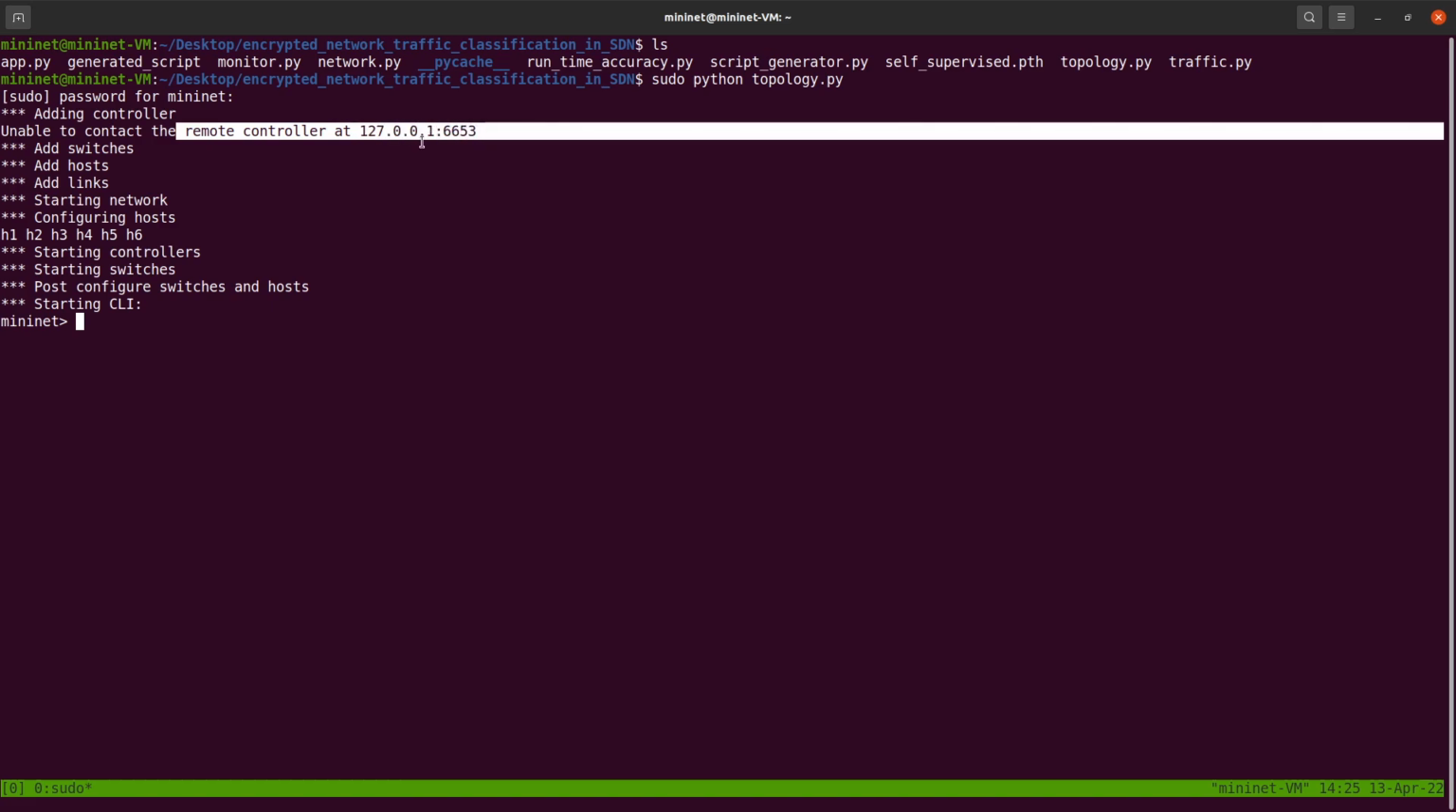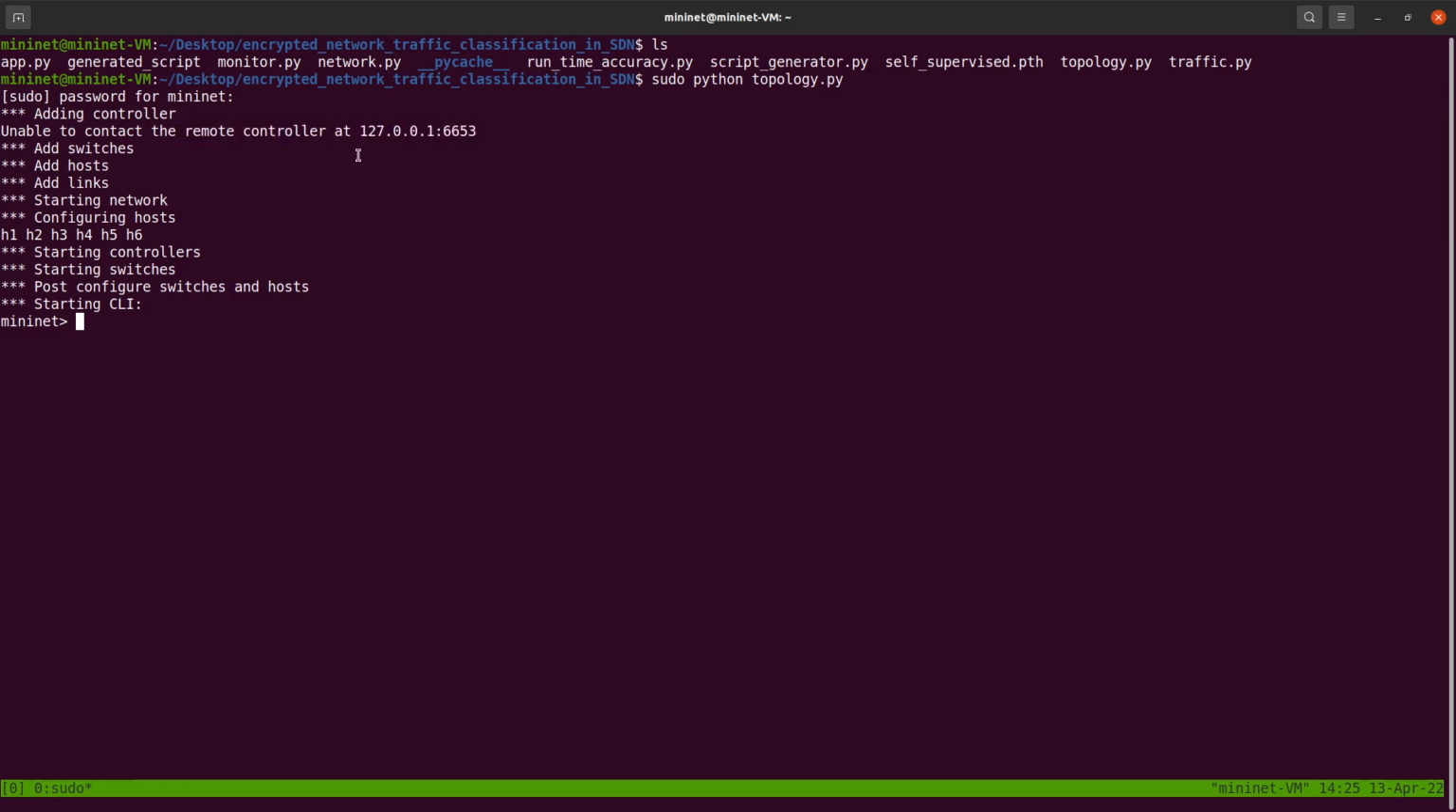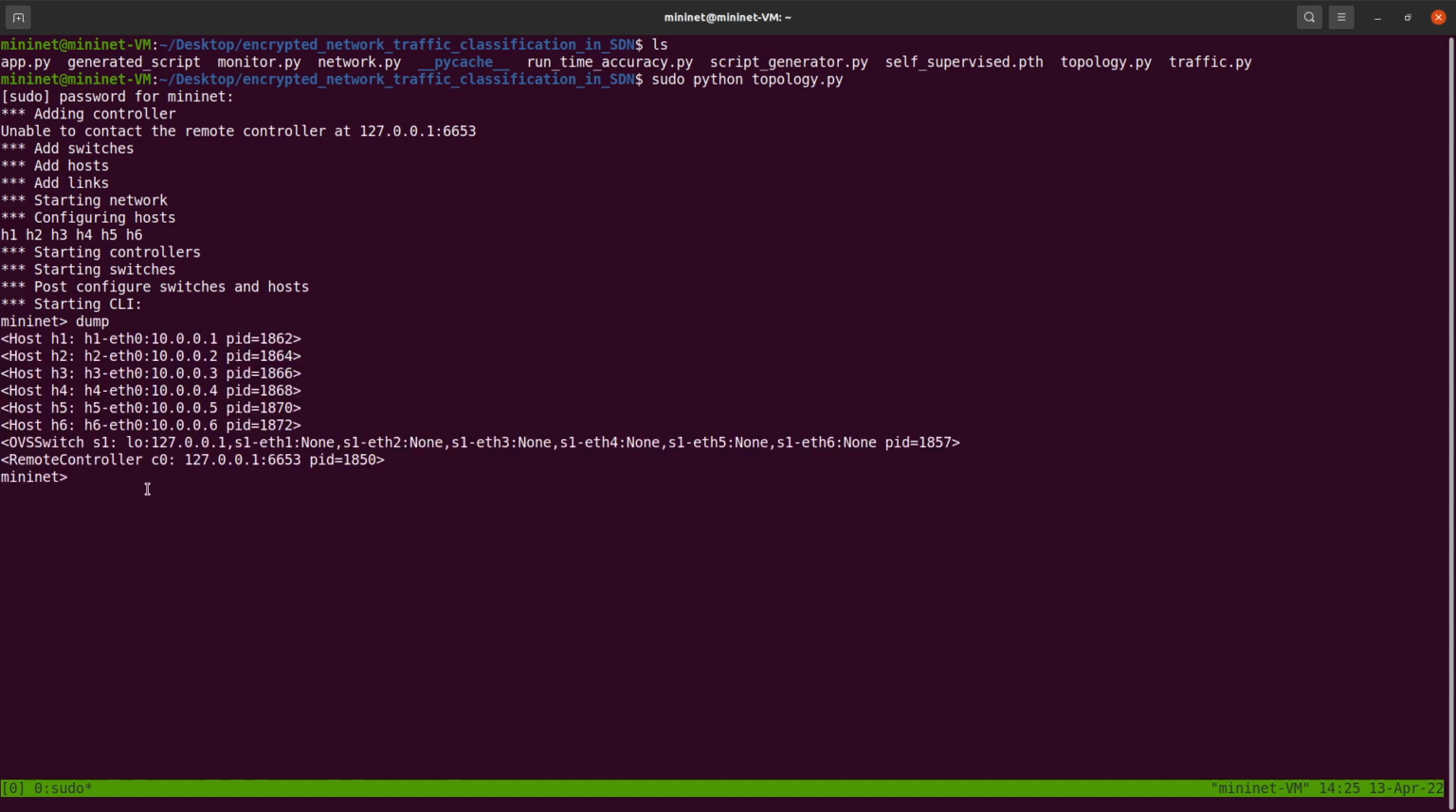When we run the application, it can contact the remote controller. By using this dump command inside Mininet CLI, we can see the process ID for each host. So we can see the process ID for each of the hosts, 1862. To create a bash for each of these hosts, we need this process ID, because we don't want to use xterm. We will create the bash for each of these hosts inside this tmux session, and for that